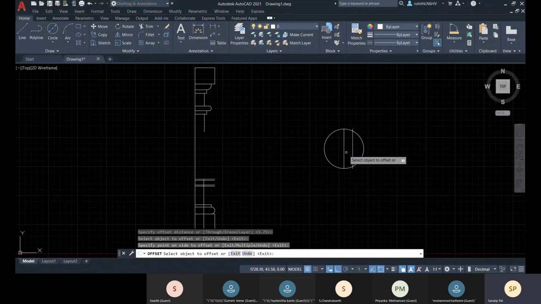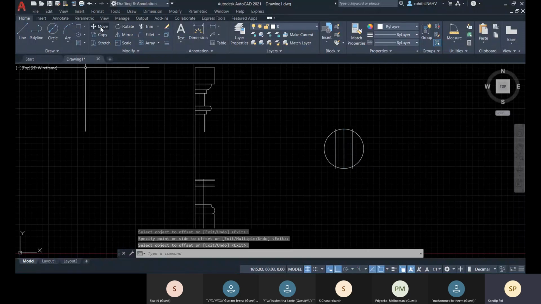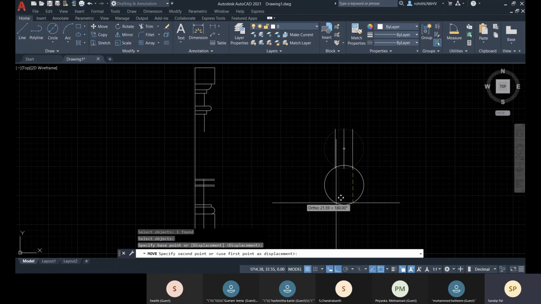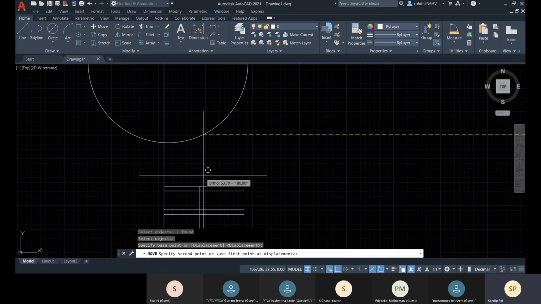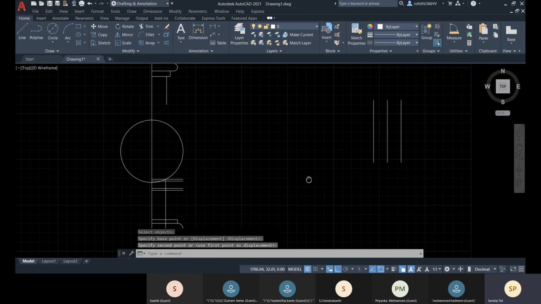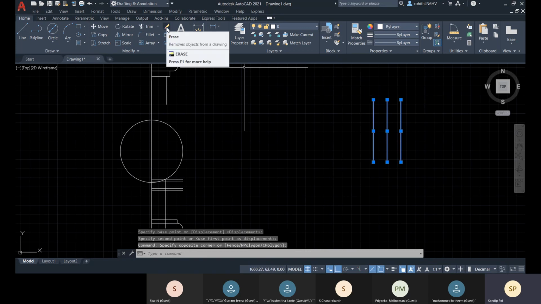Let's specify these points, and now you go for move, select this object, enter, this as a base point, and then you place it on this point, right? Don't need this line, you can erase.